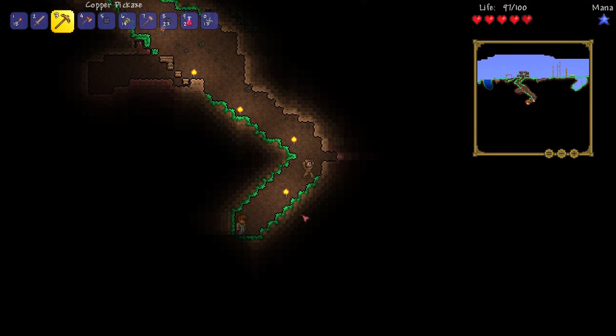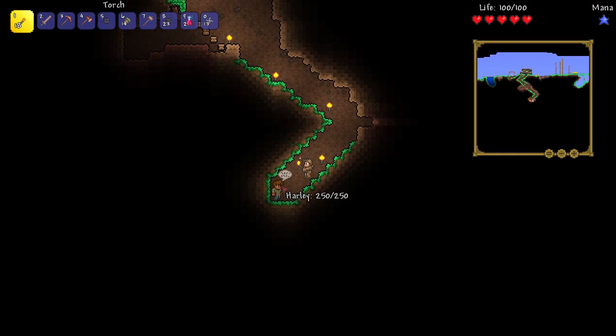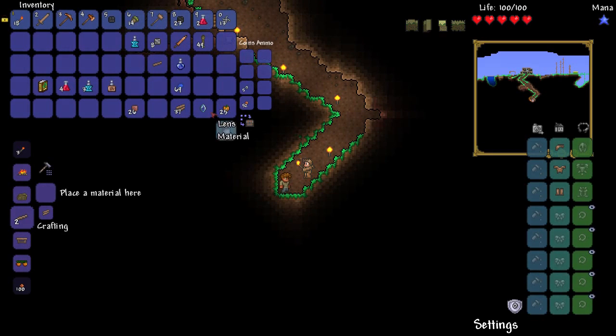He seems to have taken to hiding at the bottom of this hole, which is kind of hilarious, to be honest. But somebody said if you click on the crafting thing and then you ask him about some stuff, like if you ask him about the lens, then maybe it will help. Or maybe you have to...